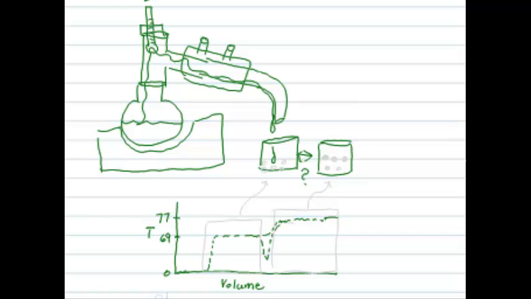Notice that little dip that I've drawn there. Sometimes you see a little bit of a dip like that in between the two components. And the idea here is that the first fraction would be the hexane